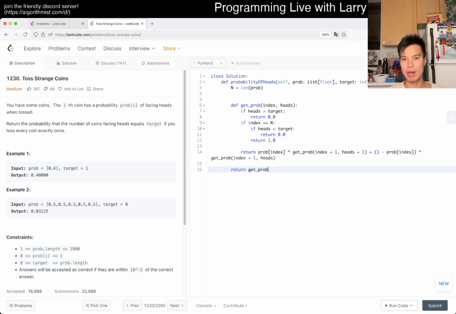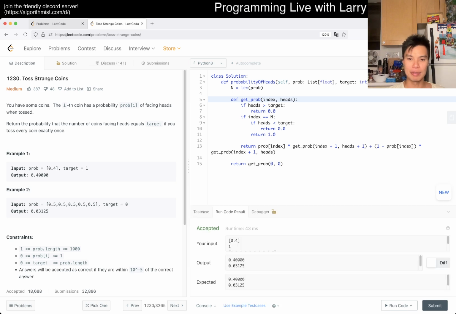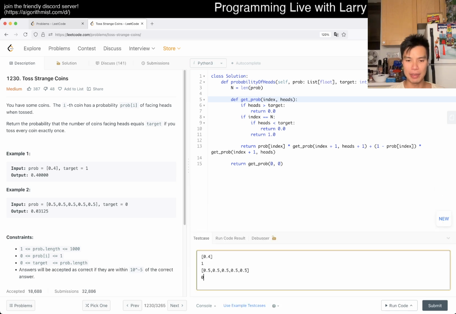Now you could do get prob 0 0, and should be okay. Let's give it a quick spin. I know I have to do memorization, but let's just give it a quick spin anyway. So it looks okay. The thing is that, of course, if you do something a little bit bigger,